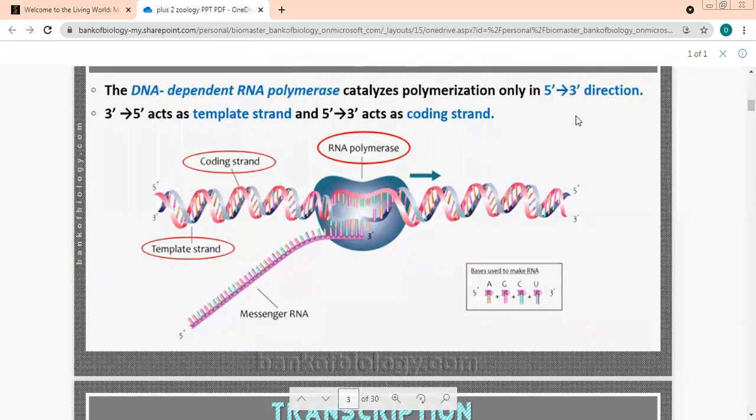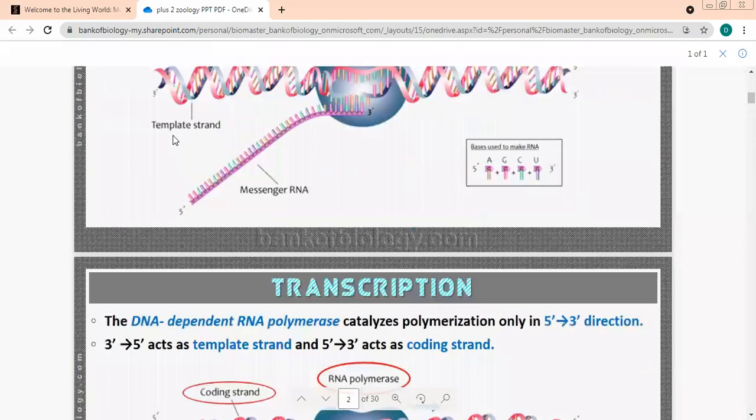Observe this in the slide. Let's see 5 prime to 3 prime over here. Can you see this pink one over here? This is starting from here, 5 prime. This pink structure that you can see over here goes till here and finishes here at 3 prime. So this 5 prime to 3 prime is which strand? Coding strand. Yes. And let's start with this bluish gray structure which is starting from 3 prime. This will be known as which one? Template strand. We'll go slow because it's important.